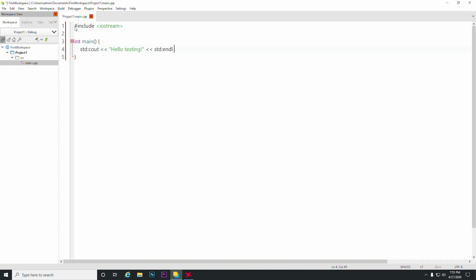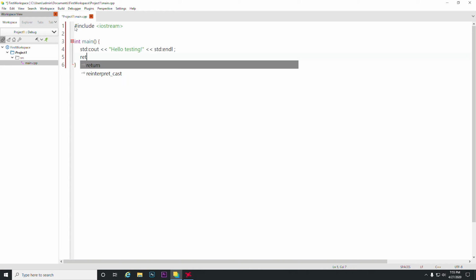And in C++ we always need to put a semicolon at the end to complete our statement. Then we'll do a return 0. This is really case sensitive, so you really need to be sure that you are in proper case. We'll do return 0 and a semicolon. So basically this is our short code.